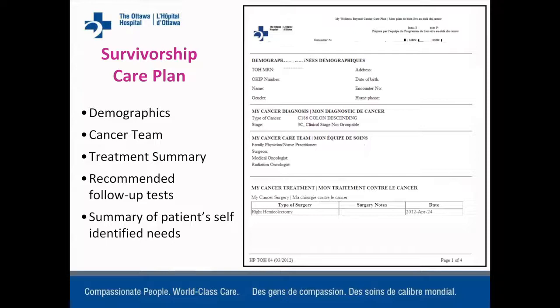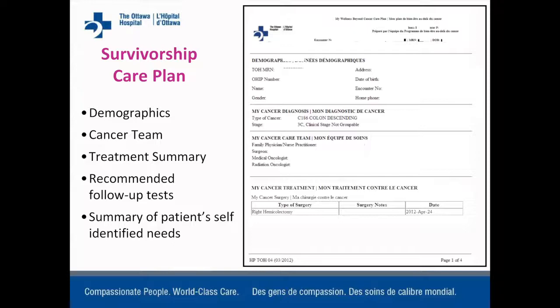Care plans are, in survivorship programs across North America and the world, really two simple words. The purpose of care plans is essentially twofold. Number one, they provide you and anybody that you wish to show this document to with a treatment summary, the treatment that you had for your breast cancer care. The second reason for a care plan is, yes, the treatment summary is my past, but what do I do going forward? What are the recommended follow-up tests that myself and my primary care provider need to follow